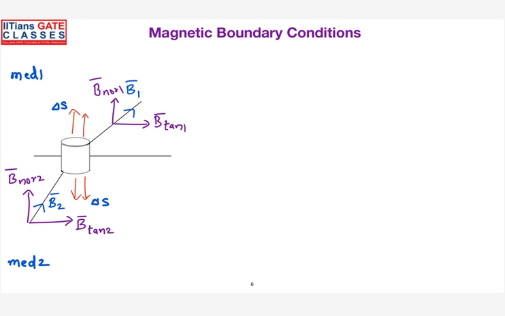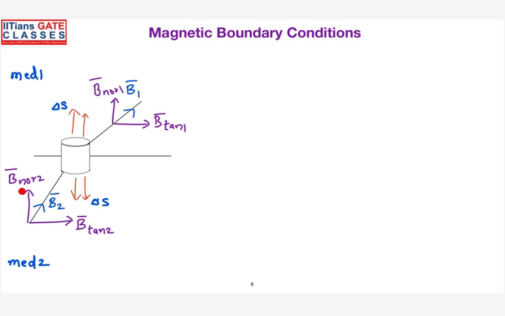And as usual, you can see this is a tangential component and this is a normal component. Now what will happen, since there is current existing on the interface, I was trying to capture the magnetic flux by taking a cylinder something like this. So whatever the current density present on this interface, it is going to produce a magnetic flux in the top direction as well as the bottom direction, because I was assuming that there is a normal component also.